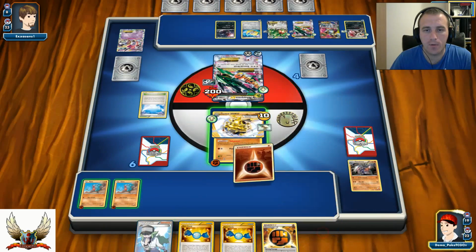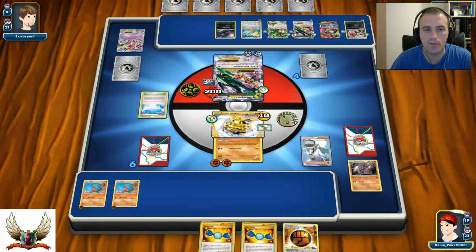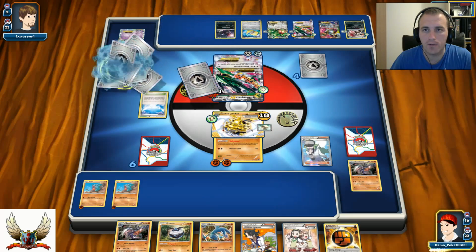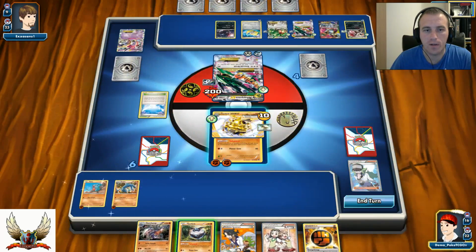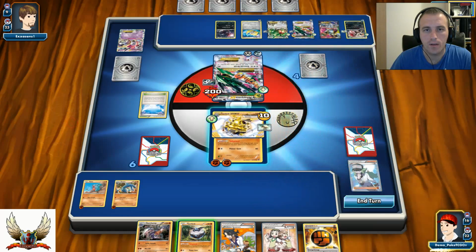And definitely I'm going to do that, and I will also use my N. So there is Carbink and Gabite. I really don't want to put another Carbink down to my bench, because in that case he can knock me out with his Zoroark, so I don't want to take too much risk right here. It is just gonna be... I mean, I can even use...